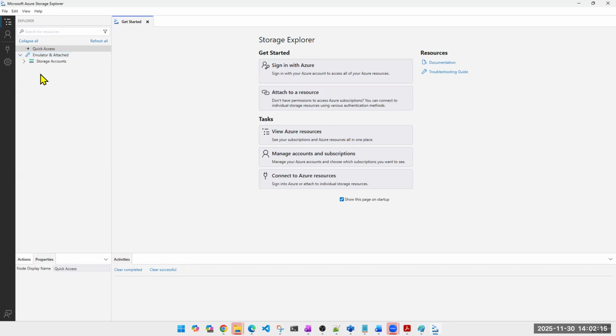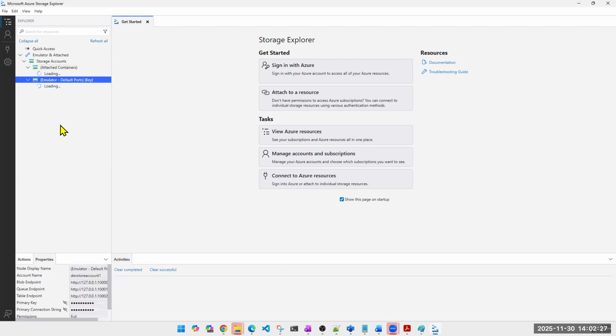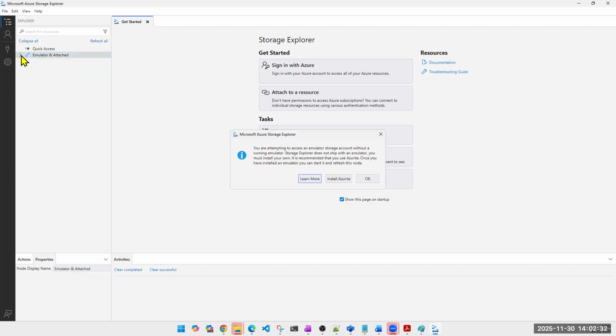I reset everything. This is a fresh software, you can say. If I select here, I won't see anything. Don't see anything here. See, nothing is there, right? Now, I want one of my